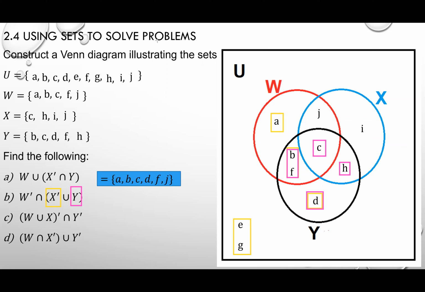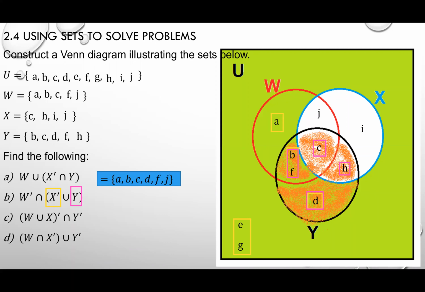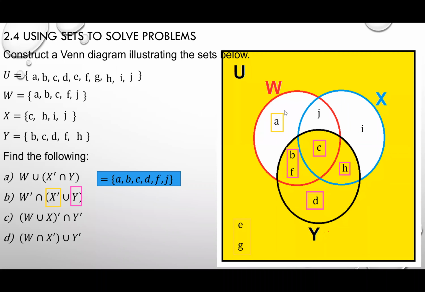Okay, and again, this is my color coding. My green is the outside of my X, the same as before. Those are the items outside my X. And the orange is the items inside my Y, which tells me this is what I have. I forgot this A, I need this A to be orange. So the yellow item basically tells me the items outside of my X or inside my Y. Okay, I forgot this region here, ladies and gentlemen. But once we have that,